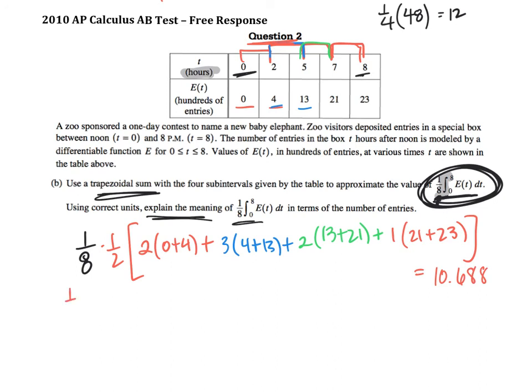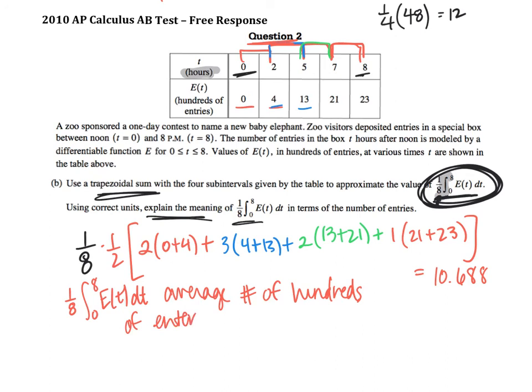And therefore, for the last point, they're asking to explain what this integral means. And what that's talking about is this integral is talking about the average number of, careful, hundreds of entries in the box between